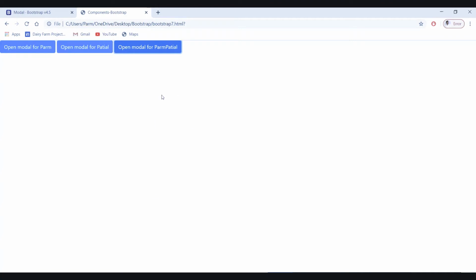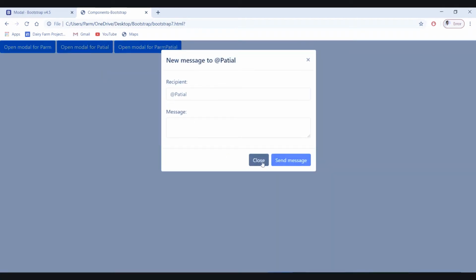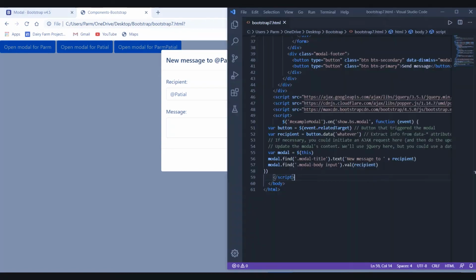So right, let's take a quick challenge over here. We have to write an alert message when we click on the close button. If we click on the close button, our modal is about to close, so we want to make an alert message for this. So how can we do that? Think over this.